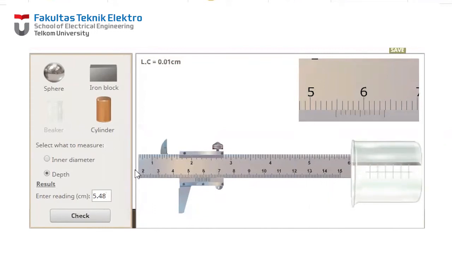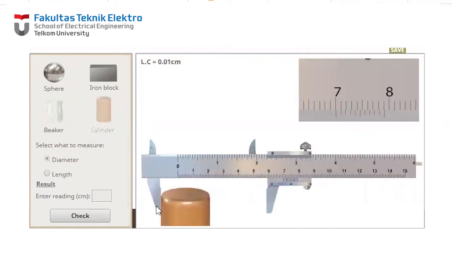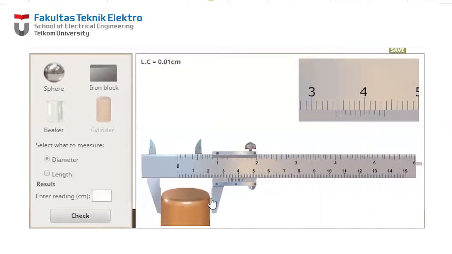Okay, the last one we have to measure is the diameter or the outside diameter. Now let's just use the cylinder for this one. Okay, and just like before, we pull the calipers until the outer surface latches onto it. Here, right here, like this. Okay, and then we lock it with the bolt again,